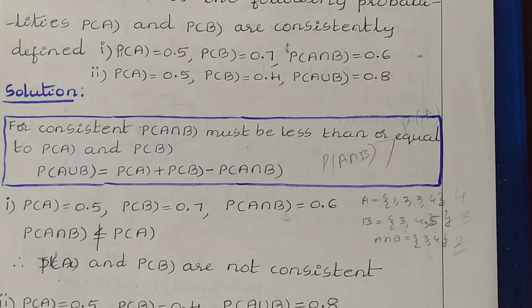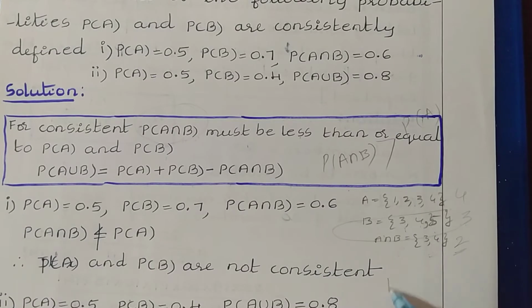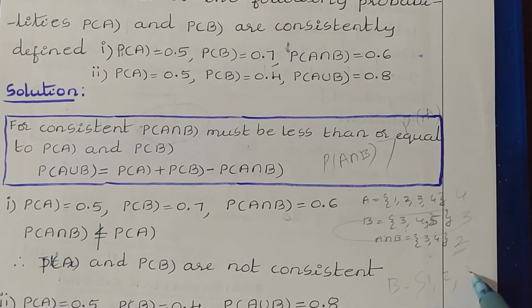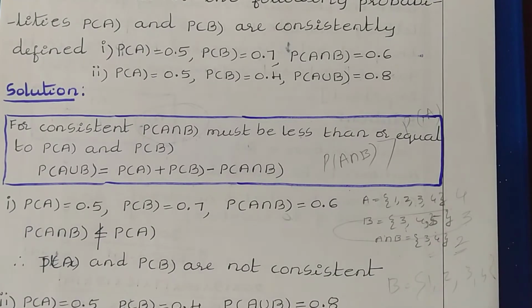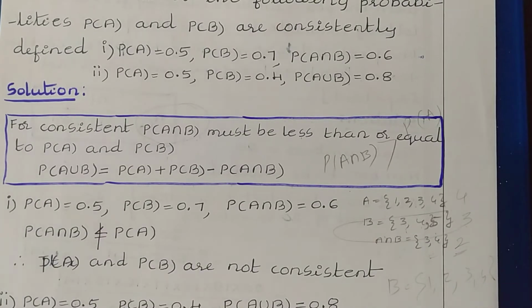Similarly, let us say that now the B set consists of the same elements like 1, 2, 3, 4. Then if I do now A intersection B, I get 1, 2, 3, 4 which consists of 4 elements. In this case, A intersection B is equal to A or B. So in the case of the intersection operation, the total number of values in the set may be less than the set A or B, or it may be equal to the set A or B. That case may occur. So based on that, we can define the consistency of the probabilities.